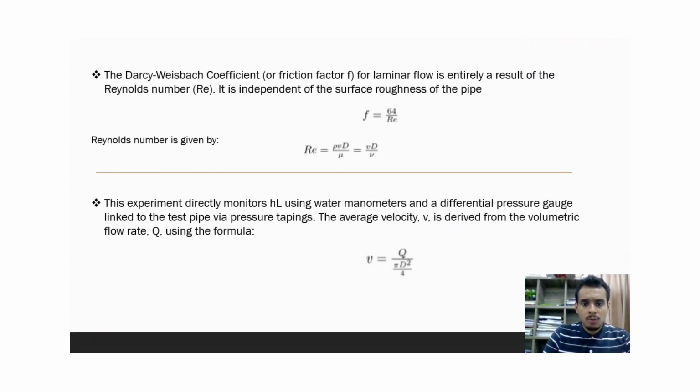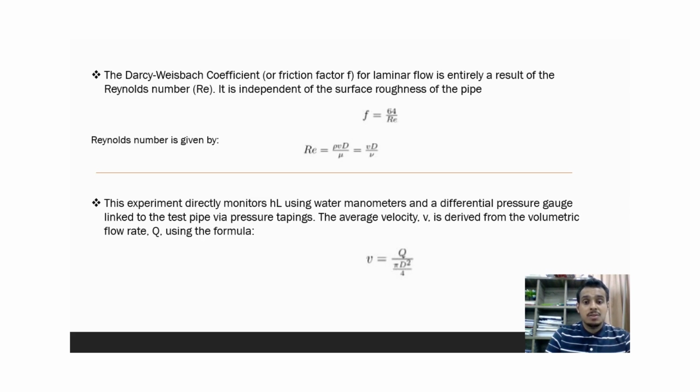The Darcy coefficient or friction factor of laminar flow is entirely a result of the Reynolds number, Re. It's independent of the surface roughness of the pipe, and the Reynolds number can be calculated by this equation. This experiment directly monitors HL using water manometers and a differential pressure gauge linked to the test pipe pressure tappings. In the equation, V is the average velocity, D is the diameter of the pipe, and mu and nu are the fluid's dynamic and